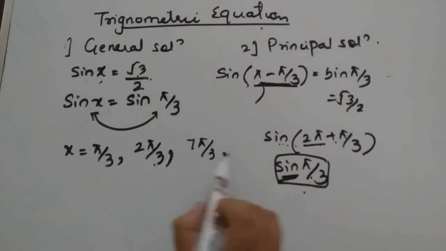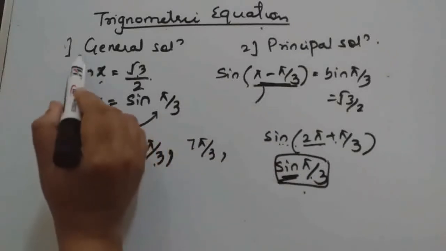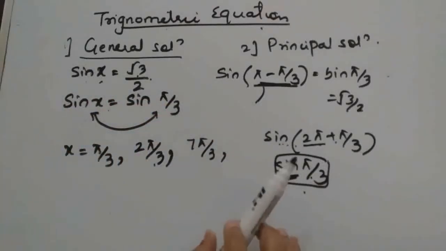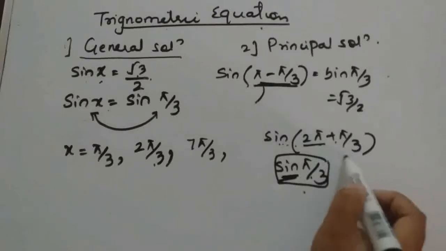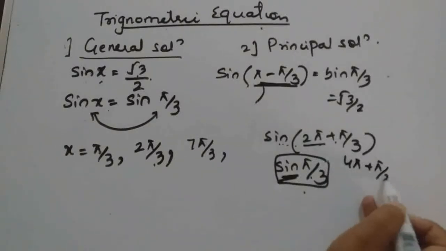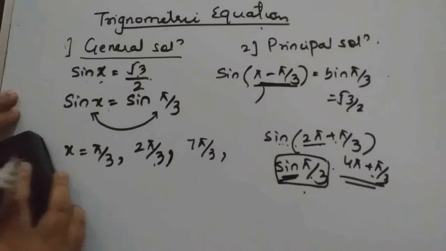So all these solutions will be general solutions for a trigonometric equation. Okay, so a trigonometric equation can have infinitely many solutions. Suppose 4 pi plus pi by 3 also will be the same. Okay, 5 pi minus pi by 3 also will be the same. Like that it will go on, because we know